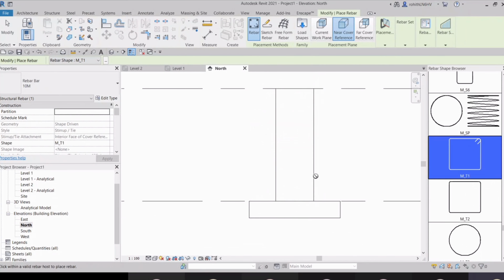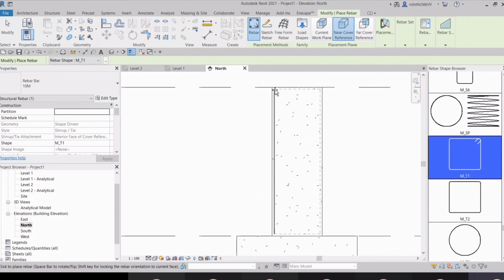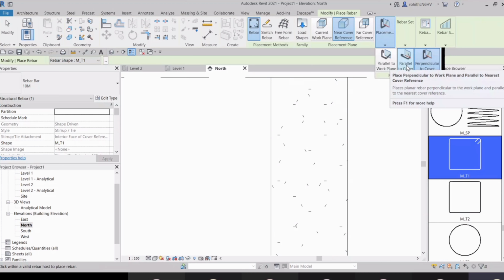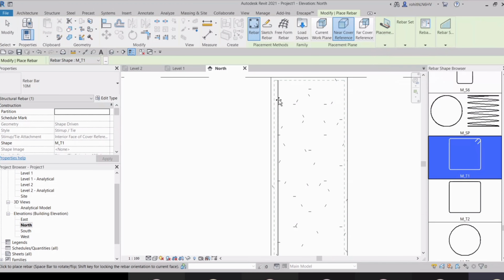This one, and here you can see that I have this also. This one is the cover and this one is the cover. When I'm selecting this, you see that when I'm placing my mouse on this vertical cover, it is perpendicular, right? If I'm going with this parallel to cover, you see that when I'm placing on this vertical, it is parallel.